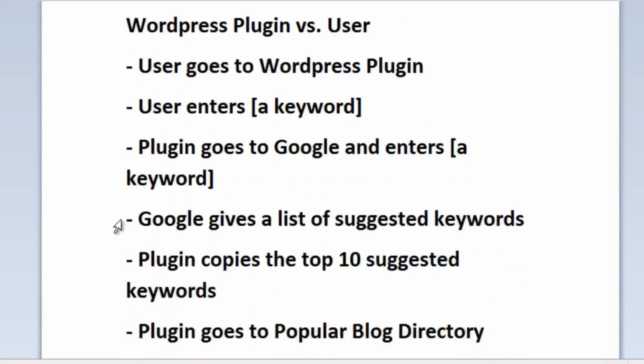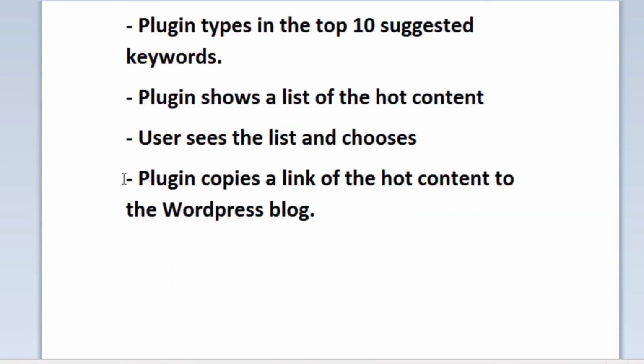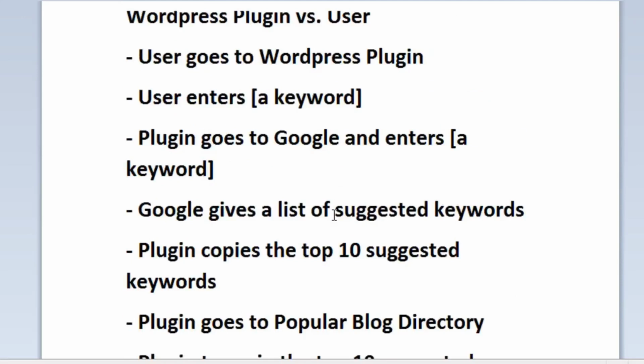And then if you notice, what I'm trying to do is I'm just showing what the user sees. So the user goes to the WordPress plugin, they enter a keyword, but then when it comes time to go outside, the plugin goes and does the rest. And then it pretty much finds the content for us. So really what the user only sees in this case is they're seeing the WordPress plugin, they enter the keyword,